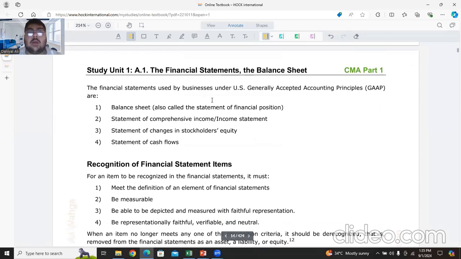Financial statements used by businesses under the US GAAP, that explains you the following. You got your balance sheet, you got your statement of comprehensive income or the income statement, you got to see statement of changes in equity, then you got to see statement of cash flows. The very fourth and the fifth part, if you relate toward it, that is called,